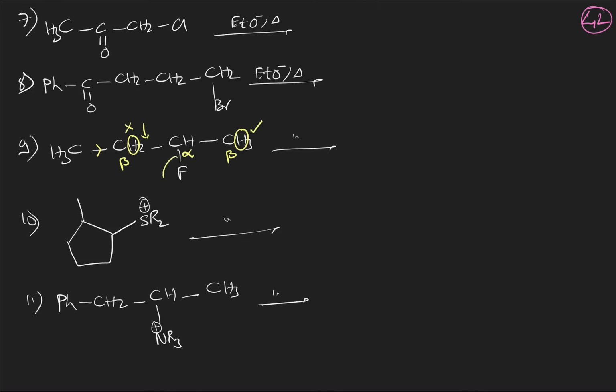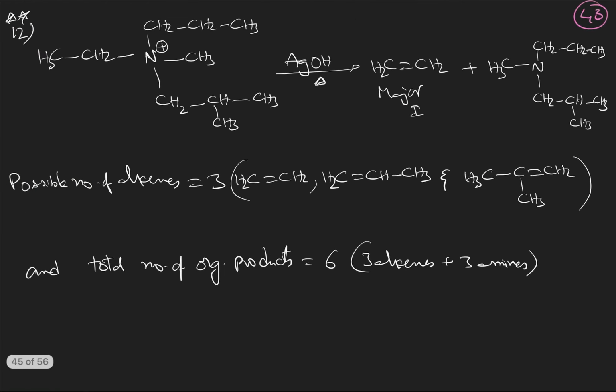And if this is removed, F minus is removed from here, H plus is removed from here, then there will be a double bond formation here. That means you will get the product CH3CH2CH=CH2. So have you identified that it is a Hofmann product? Hofmann elimination product? Yes. In this manner, you have to write the products of these reactions. Okay, this is also one E1CB reaction, Hofmann elimination reaction, you can say.